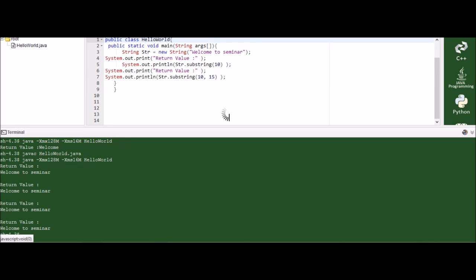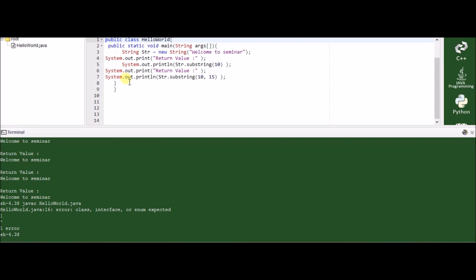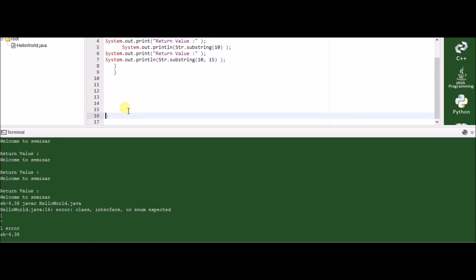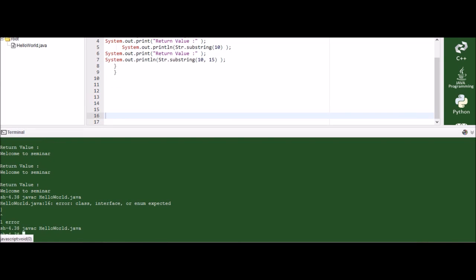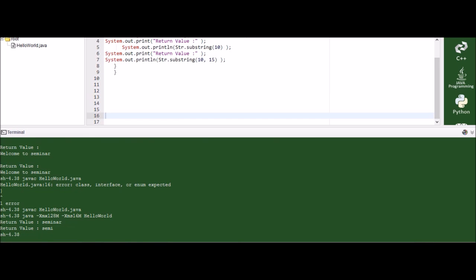Let us execute this program. First, it gives only the start of the string, so it prints seminar.